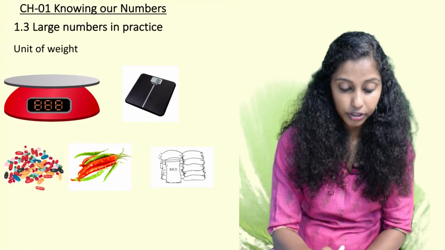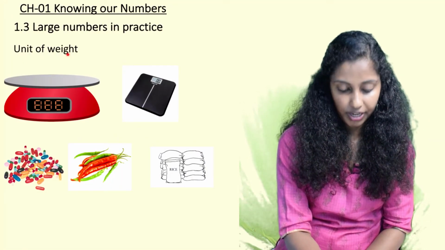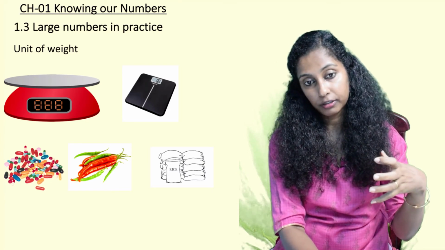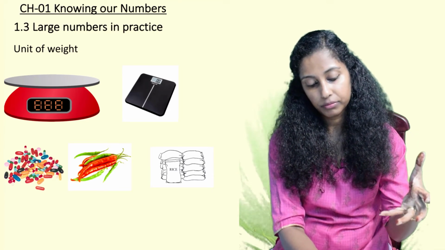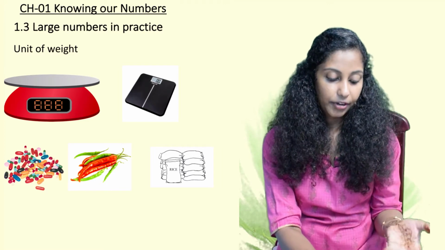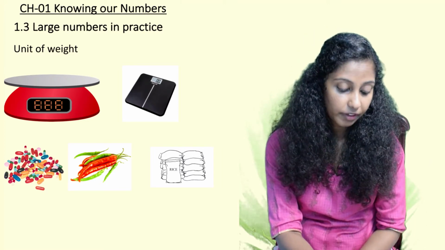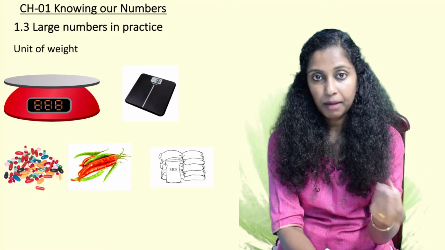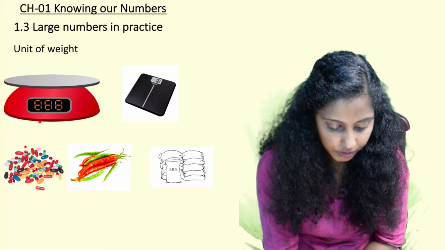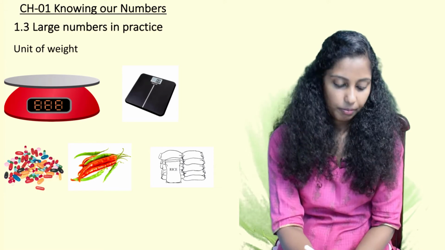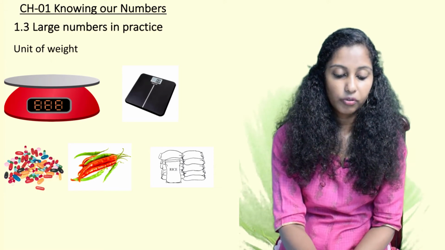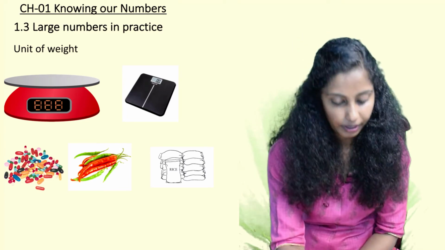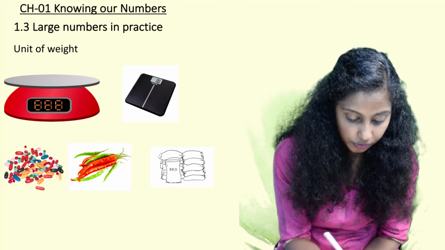Now we proceed further with the unit of weight. Whenever things are to be measured in weight, like for example the mass of the things is to be checked. When we go to the grocer's shop, we ask for something in gram or kilogram. At that time, this device is used to check the measure. Now in weight also we have 3 units, that is milligram, gram and kilogram. Milligram is the smallest unit.